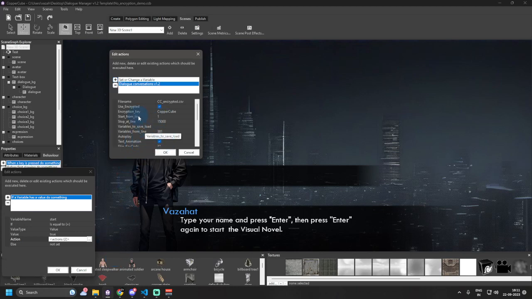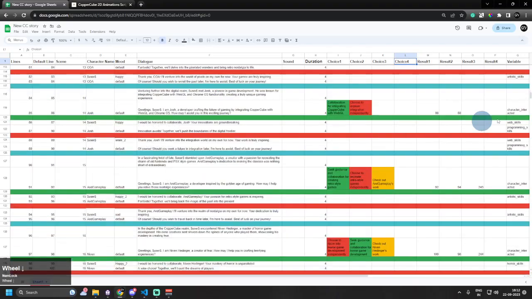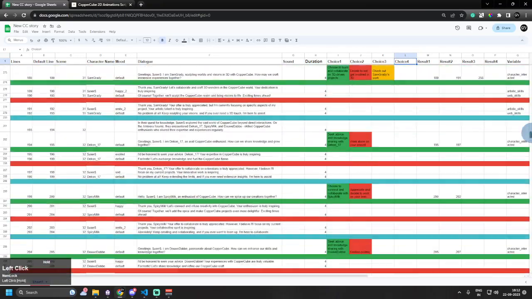And you can simply select the start from line just like the previous, and then you can also stop the dialog at any point by specifying a stop at line. Then you have variables to save or load, and this is really important for quick saving and auto saving. And let me just show you one more thing in CSV file here. What I have done is